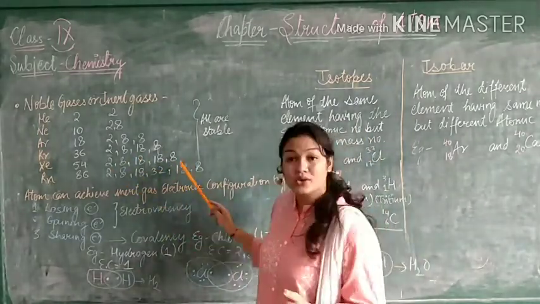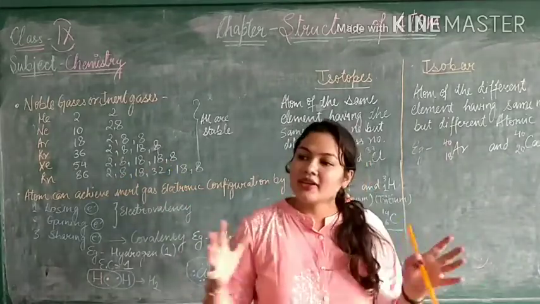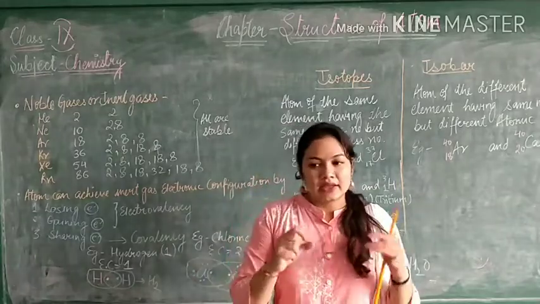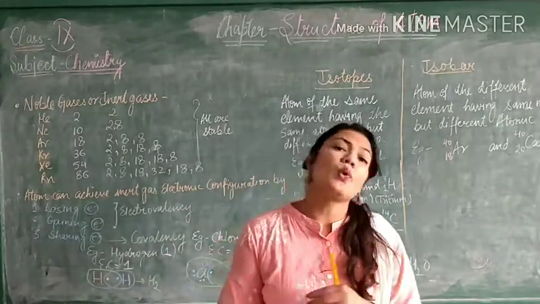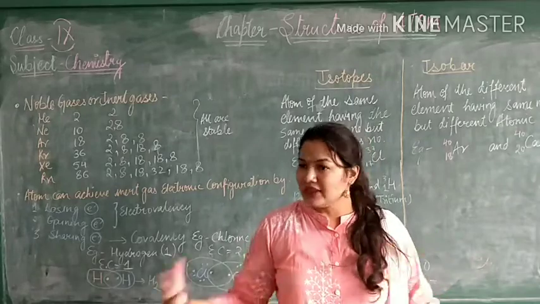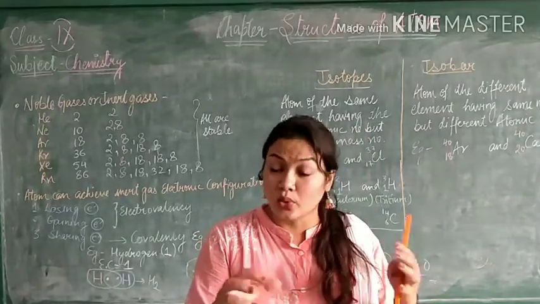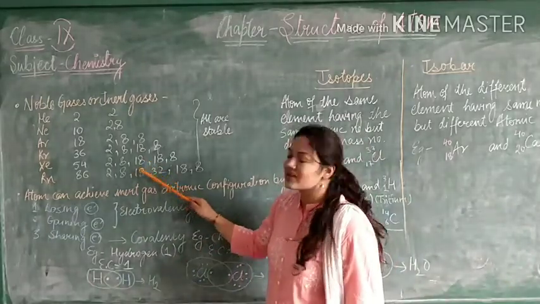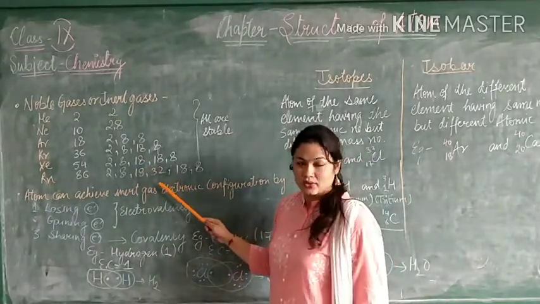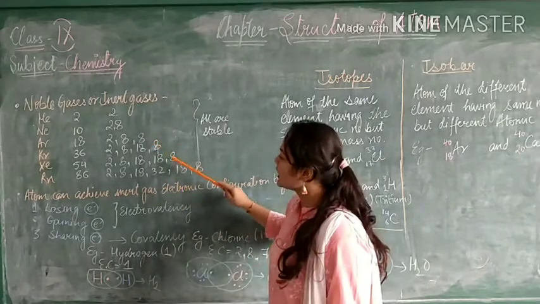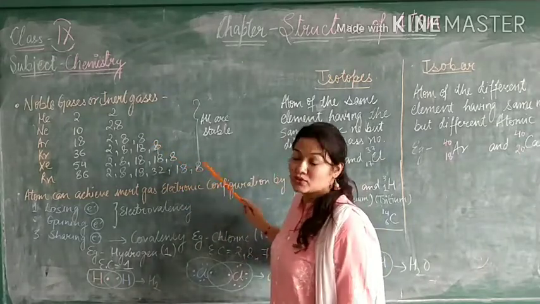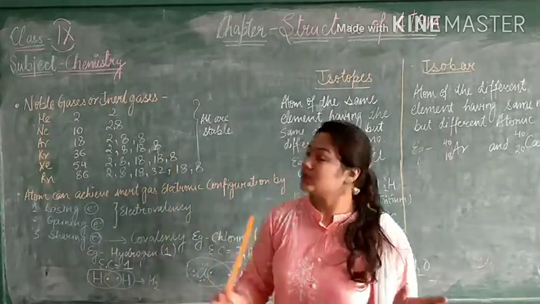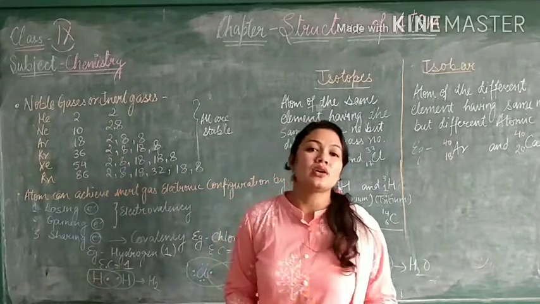Like if I have a class, okay, and it can accommodate 30 students very easily. It is spacious and all, but 10 more admissions will come, and I don't have any other room. So I have to adjust those 10 students in my class. In the same way, they have adjusted these electrons somehow, to make the last shell or orbit 8, so that they will be stable enough and will not react with others. So this is called the noble gas, or we call it inert gas.